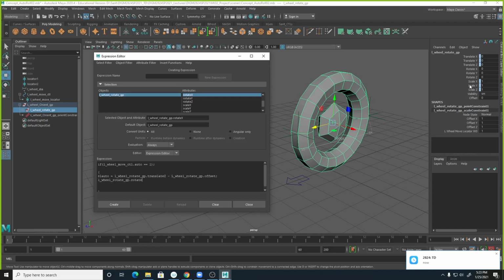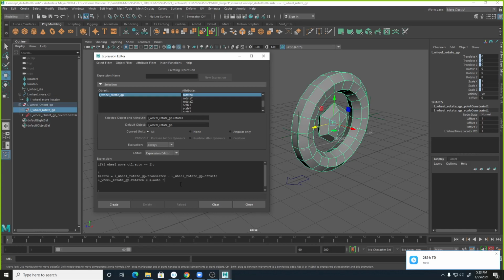Let me check that I spelled rotate right. Rotate X, okay. Rotate X equal to, because now we want all the formula to calculate the rotation. We already have this written up, so we could just put a dollar sign L_auto time